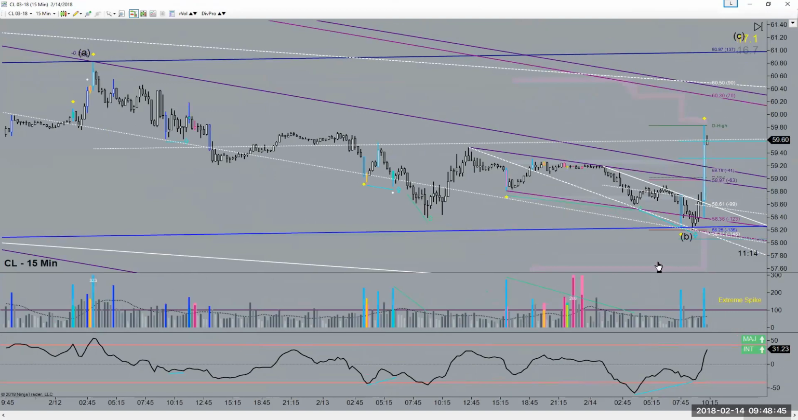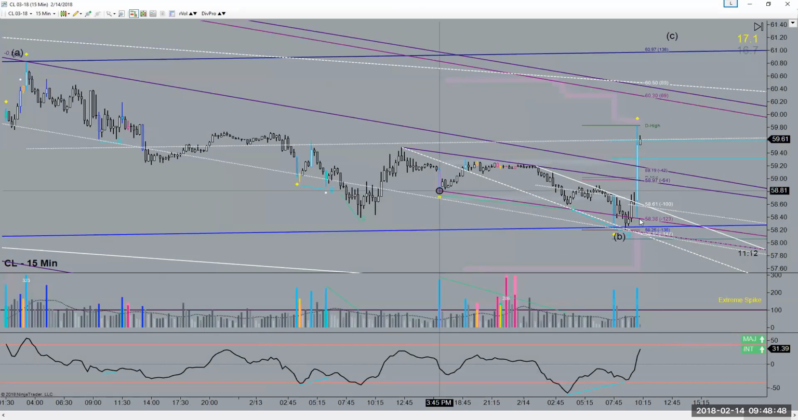It was a decent little crude trade anyway. A little scary holding through the report, but